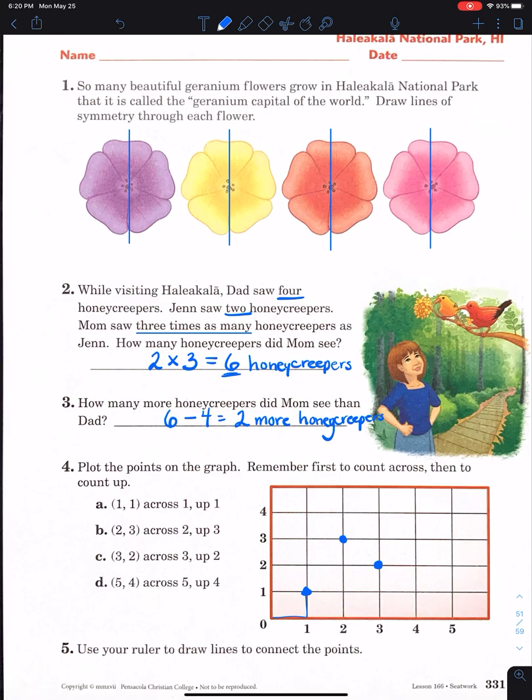And 5, 4. We go all the way over to 5 and we go up to the 4 to plot the last point. And then they want you to use your ruler to draw lines to connect the points. So take your ruler and line it across the first and second points. And then draw a line straight to the second point from the first. Then straight from this,